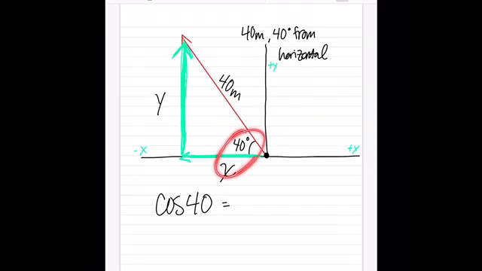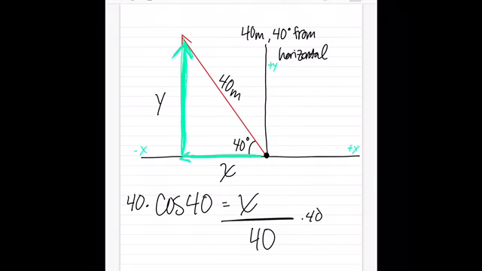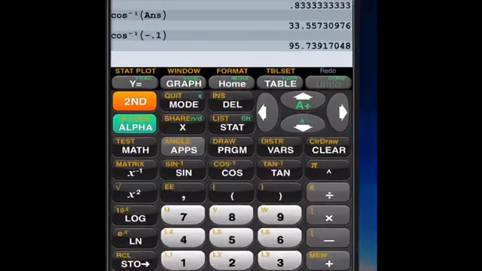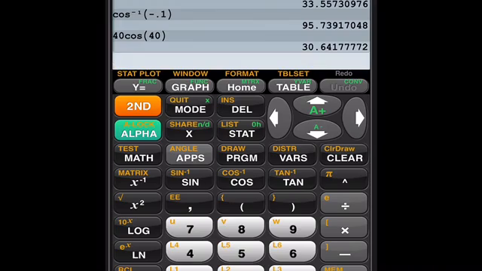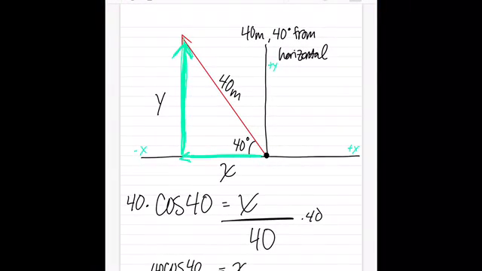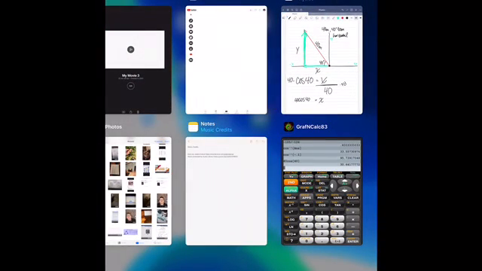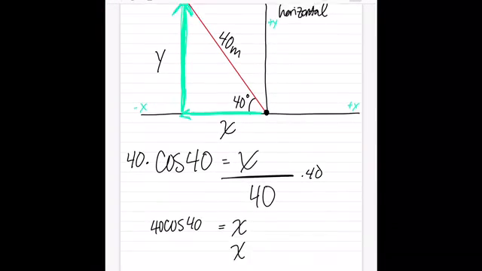The adjacent to this 40 degrees is X, so I'm just going to put an X there over the hypotenuse, which is 40. Okay, so all we do now is some simple math. We multiply both sides by 40. In our calculator, 40 cosine of 40, hit enter, 30.64. Let's go ahead and round to whole numbers. Just for all of the work for today, let's round everything to whole numbers. So X was 31. So X is equal to